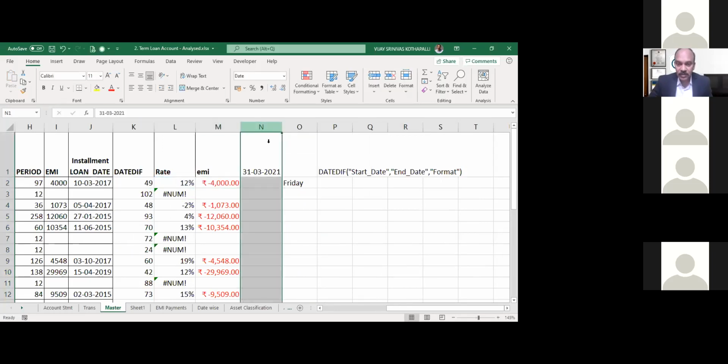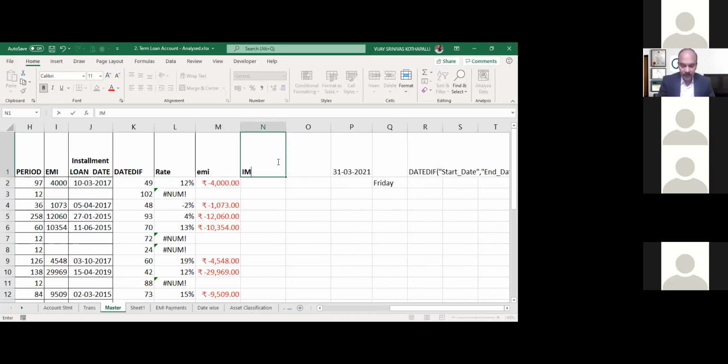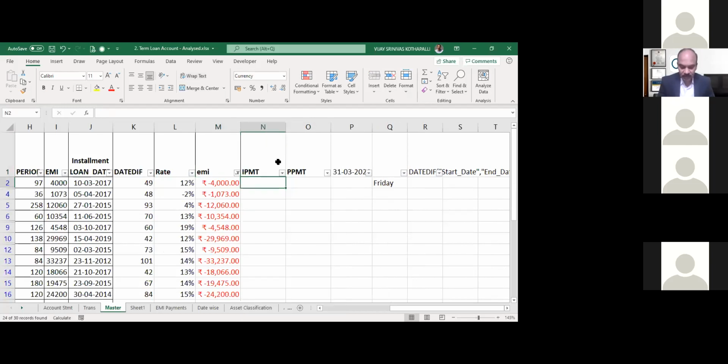If I'm trying to find out the interest out of the EMI, I'll use a function called IPMT. If I want to find out the principal, I'll be using a function called PPMT. Now let me filter these unblank values. So I want to find out the interest out of this. I'll use IPMT,